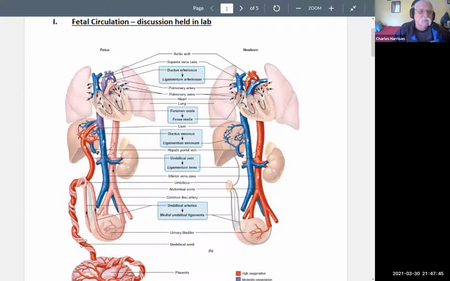Here's the arch. This is called the ductus arteriosus. This shunt or pathway or shortcut is the ductus arteriosus. We had ductus venosus down here. And now here we have ductus arteriosus. The blood entering into the aortic arch is not going to be going upward. It's being forced downward all the way down,